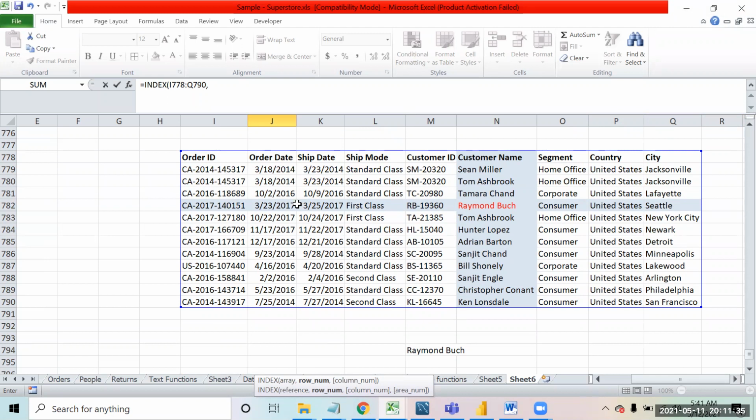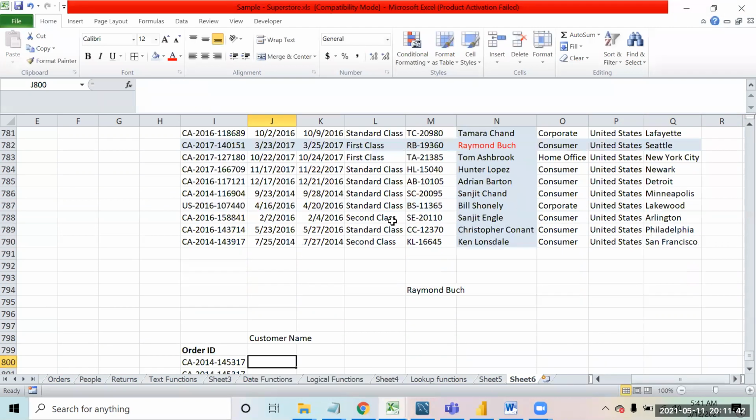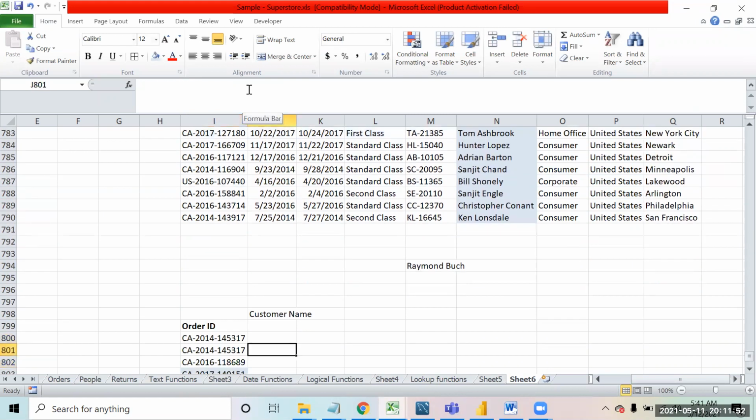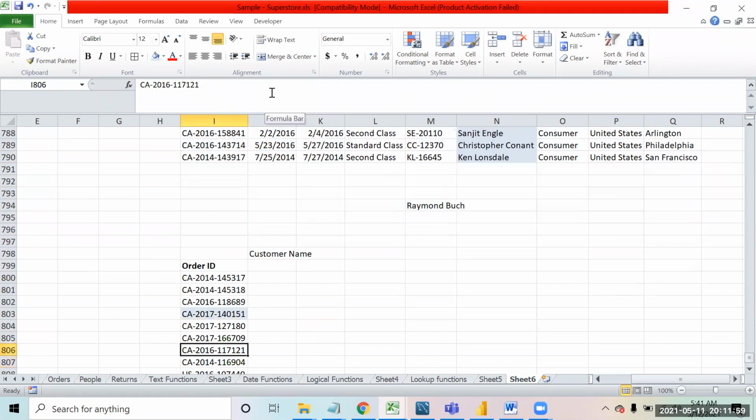So this is the order ID. I think there is some mistake that I would have made. Let me just change one of the order IDs because otherwise it can lead to a problem. I think I pressed Control D somewhere. Let me make it 8. And let's make this also 8. Tell me. See, these are the order IDs.